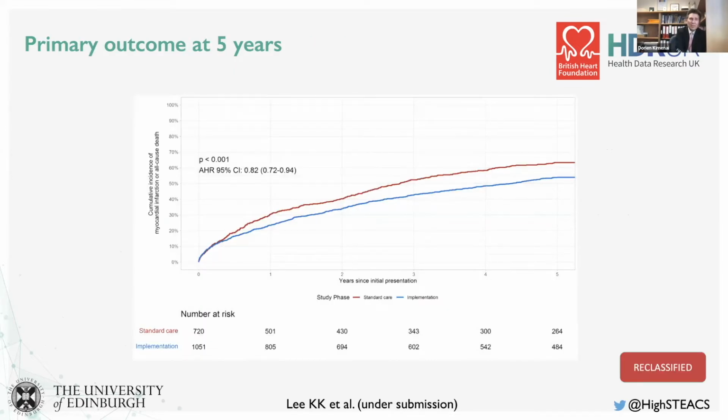And so this is the primary outcome at 5 years in the group that were reclassified. In the blue, we have outcomes following introduction of the high-sensitivity test into practice, and in the red, outcomes in those that were managed prior to introduction of testing, where the injury was not recognized by clinicians. And the curves do diverge relatively early and continue to separate over time, and had a relative risk reduction of 18% and an absolute risk reduction of 8% in the